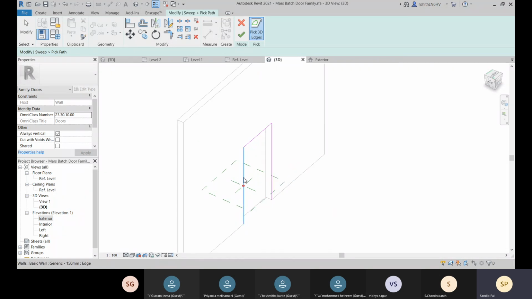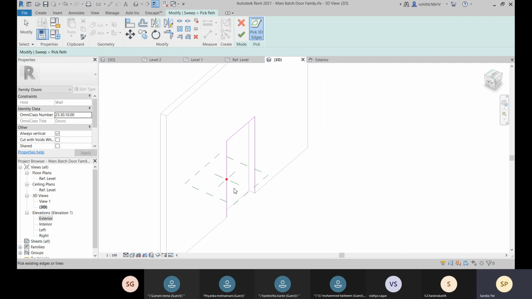Okay, so the first edge you will be selecting, according to that you are getting your work plane for drawing your profile. So these edges have been selected.